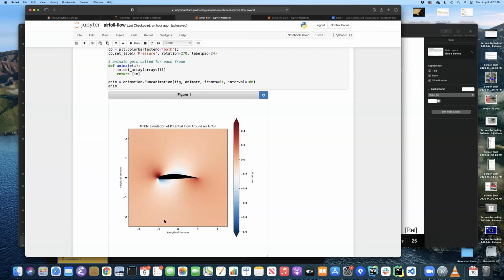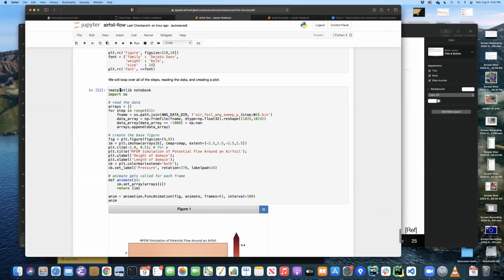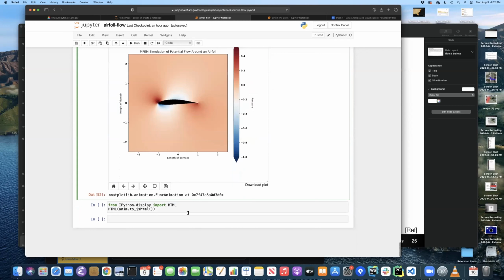There are different ways you can zoom into these figures. This is using an interactive mode for Matplotlib Notebook. But another way you can do this is to generate more of an HTML JavaScript version of the animation. It takes a little bit of time.